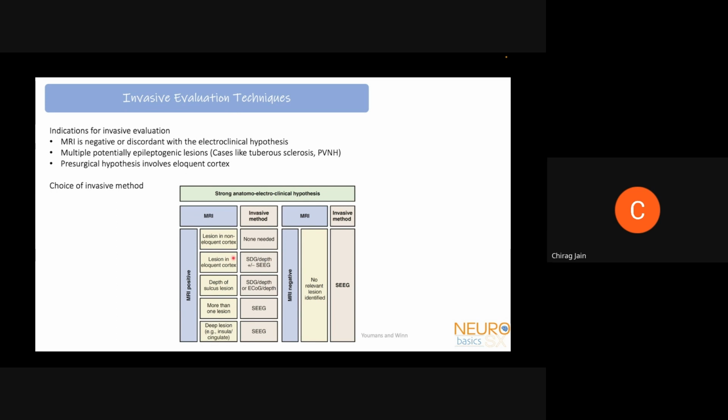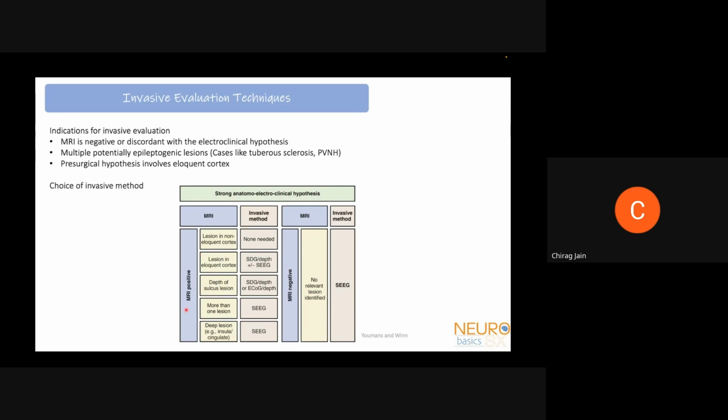There are basically two invasive evaluation techniques. One is a subdural grid, and the second is stereo EEG. There are multiple different indications for both, and we'll discuss them in more detail later, but at this point it is only important to remember that